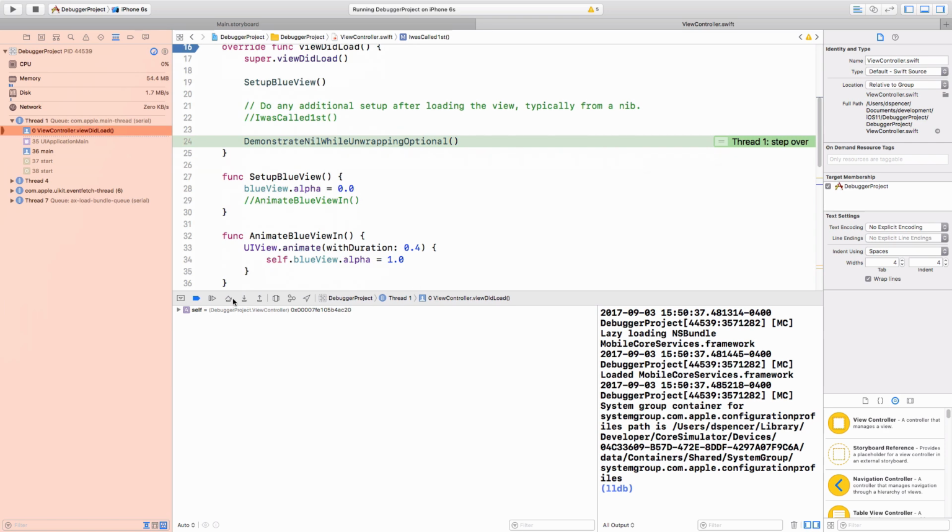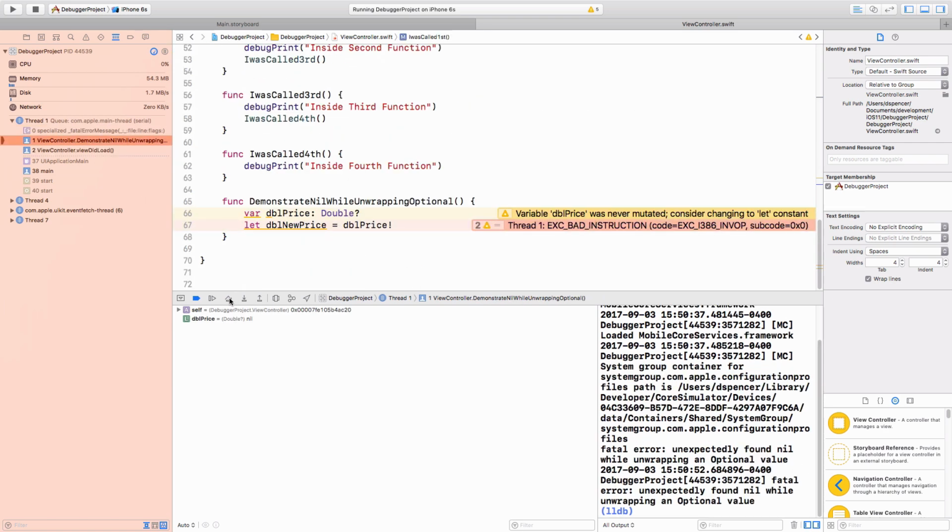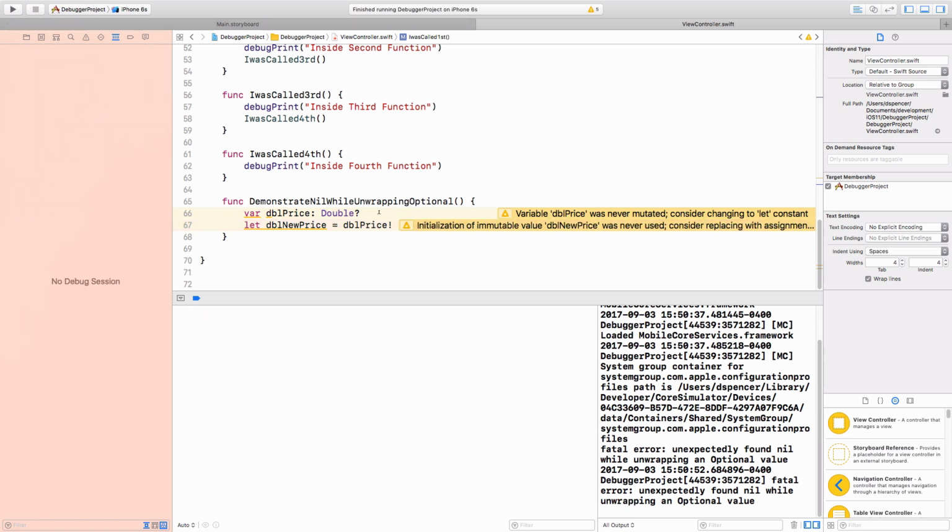And then I'm going to try to step over this, and then it's going to blow up on me and say, "Hey, you have this bad instruction," which happens to be this unsafe unwrapping of this optional value. And then I can look over here and say, "Oh, hey, fatal error, unexpectedly found nil while unwrapping an optional value." And then just for argument's sake, the right way to do this would be,